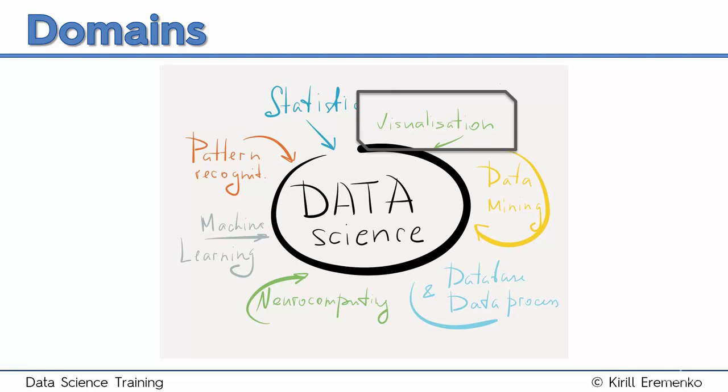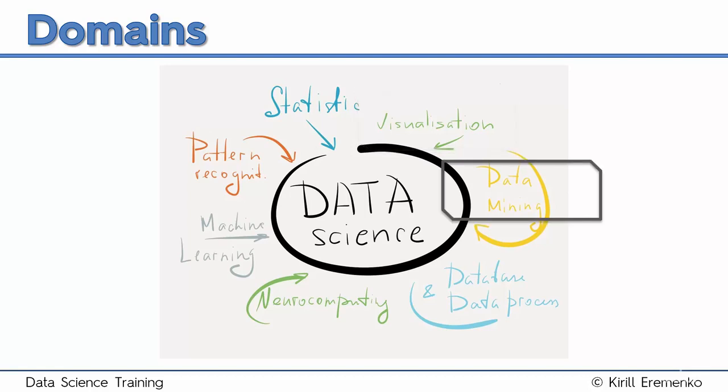Visualization. Humans don't speak in ones and zeros. A data scientist has to be able to see data, and what's even more important, to show it to others. This is why visualization is not only an art form, but also a crucial skill you have to have in your arsenal.